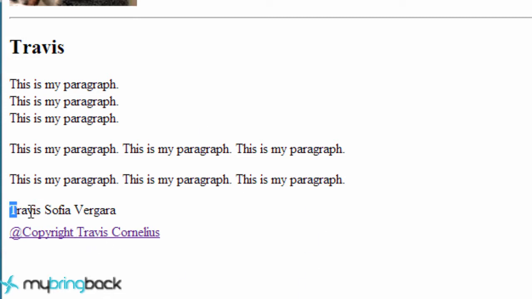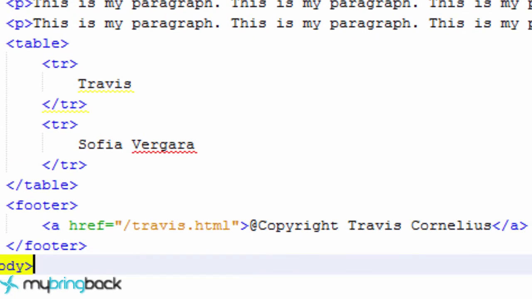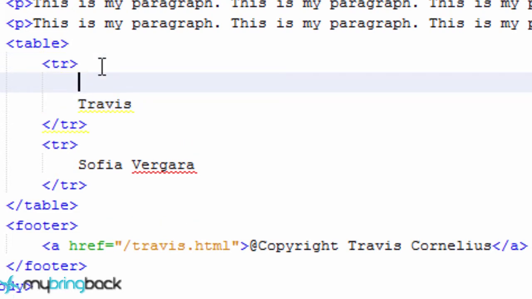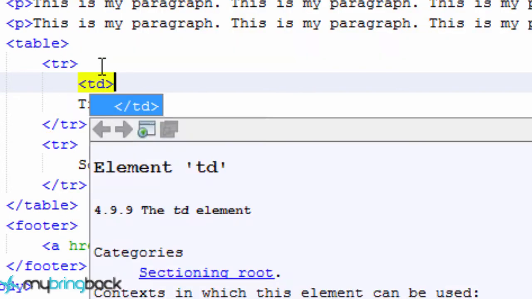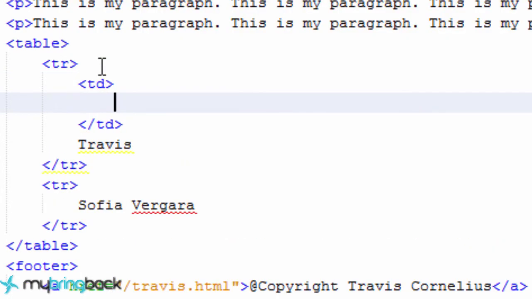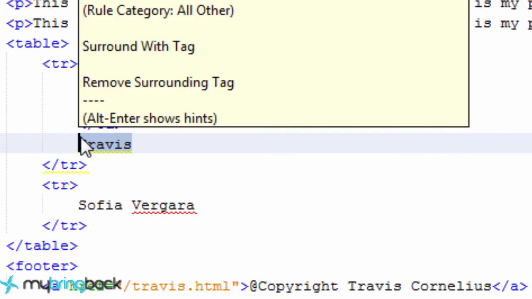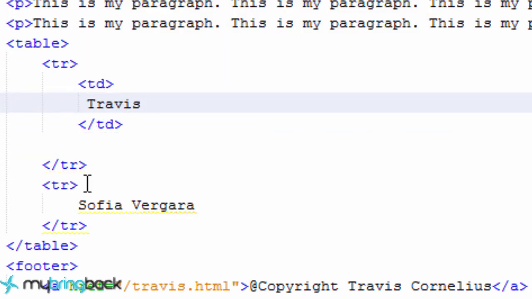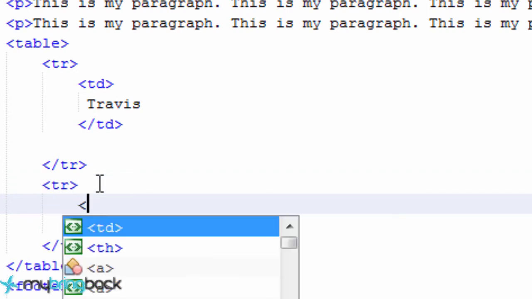And as you can see here, here's our table. Right now you're like, what? I thought we created two different table rows, which I thought we did too, but apparently we didn't. So let's go check our code out, see what's going on. Well, this isn't the proper way to define data within each row. We actually need to create another tag to store data within that row itself. So we're just going to create a quick TD for table data, and that's where we're supposed to save our information. So now if we copy this and paste it within here, and also create another TD tag down here,